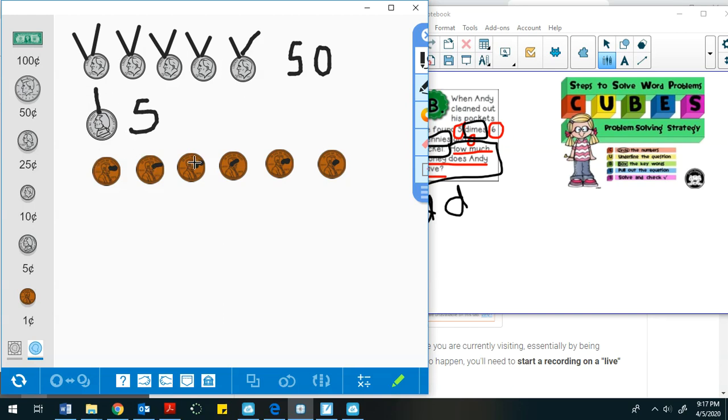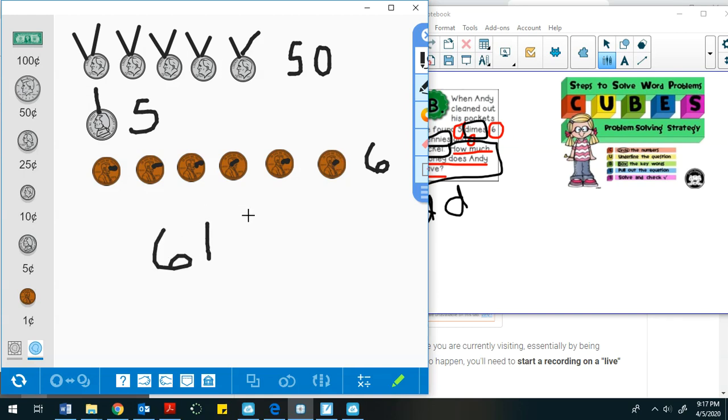I have 1, 2, 3, 4, 5, 6 cents. So if I wanted to add all that up, I just use my 5s and my 1s. So 5, 10, 15, 20, 25, 30, 35, 40, 45, 50, 55, 56, 57, 58, 59, 60,